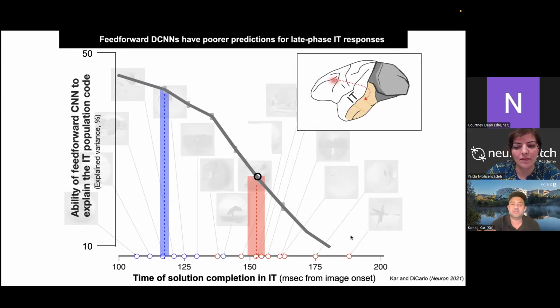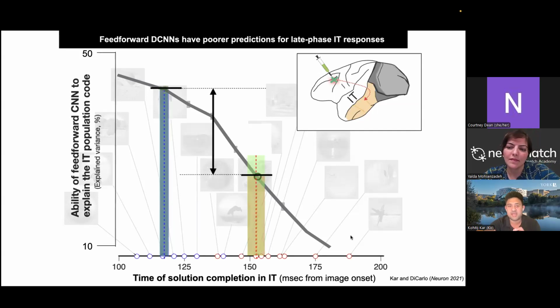Interestingly, that's exactly what we also observed in terms of the neural prediction. If we ask the model to predict the neural responses of the monkey, the gap that was initially observed actually reduced after silencing. And it reduced specifically because the late responses were slightly better predicted by the models compared to the case where there was no inactivation of PFC. So these are converging evidence that one of the things we are doing at the level of PFC is specifically perturbing the feedback that is coming from PFC to IT, right?